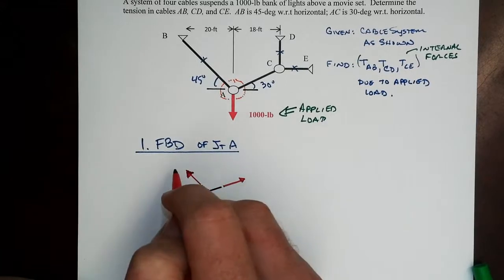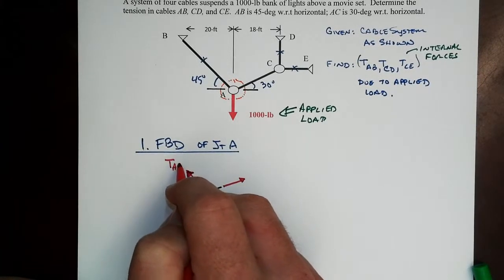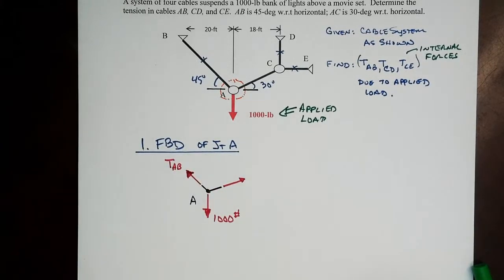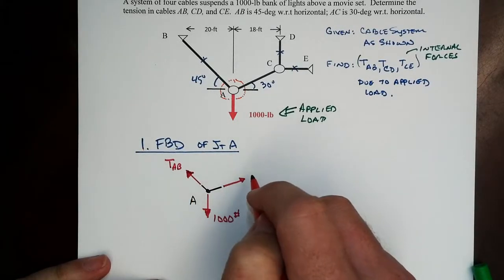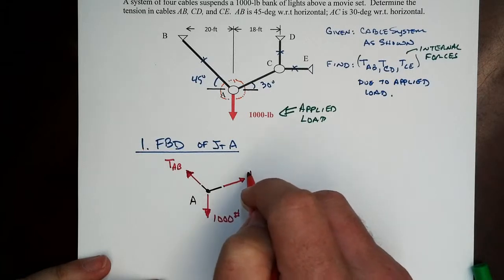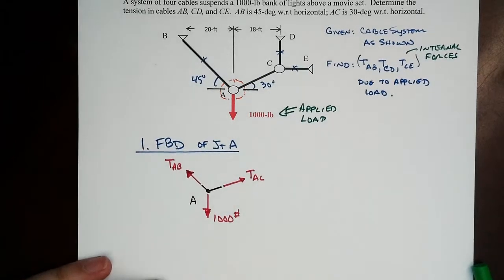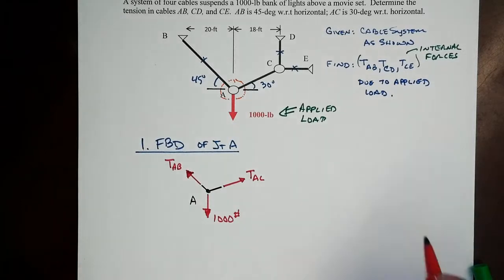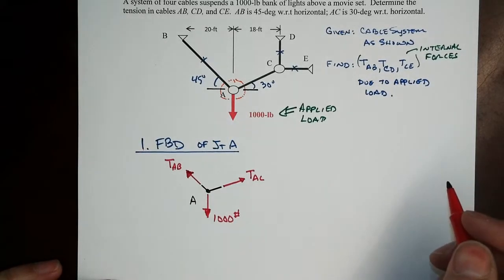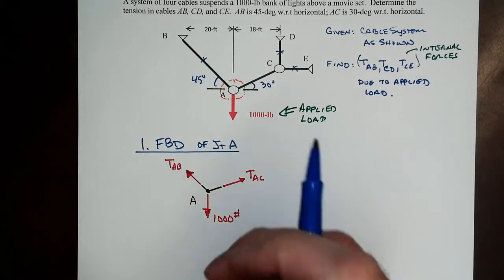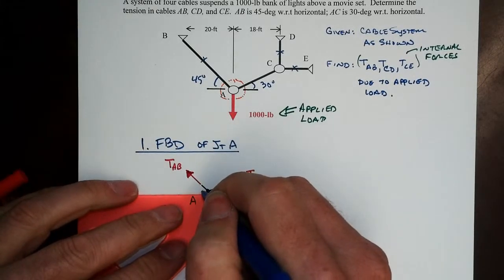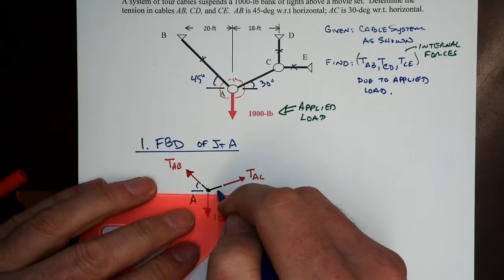So here we are. TAB. Doesn't matter for now what the order of the subscripts is. That just is associated with that rope or cable AB. Here's this other one, TAC. Now, we weren't asked for TAC, so I'd rather not calculate it if we don't have to. But nonetheless, it's showing up in the free body diagram. But look, two unknowns. We know their orientation, so actually we could solve for those two,